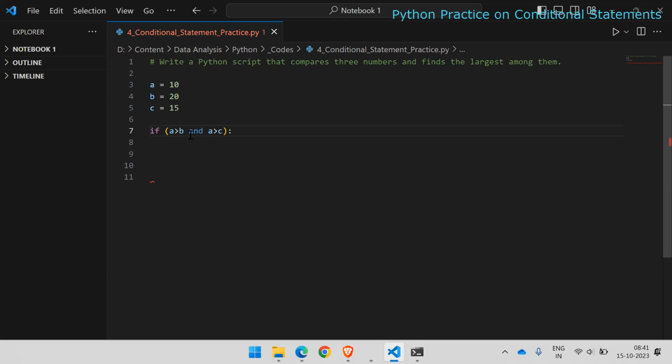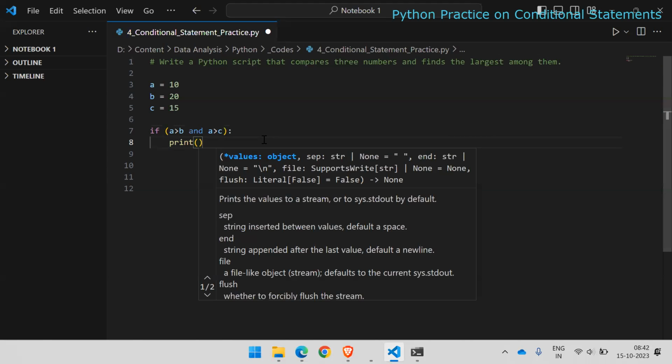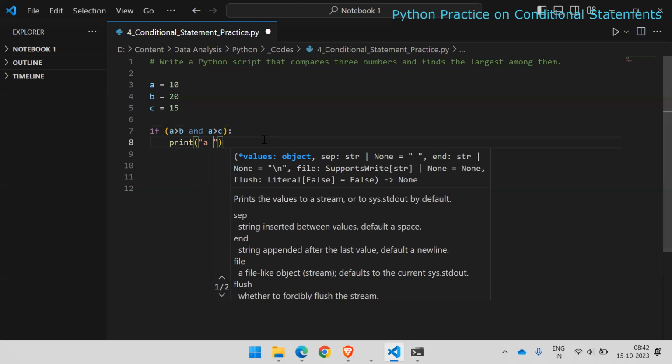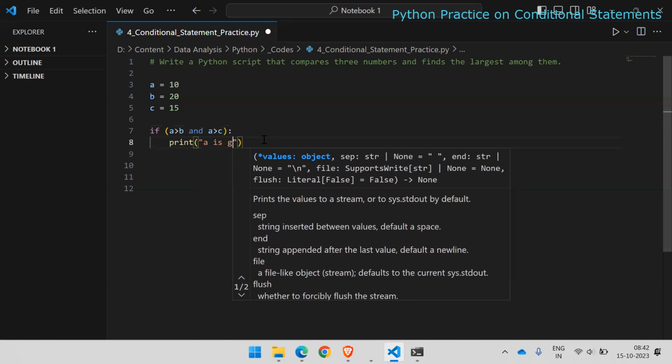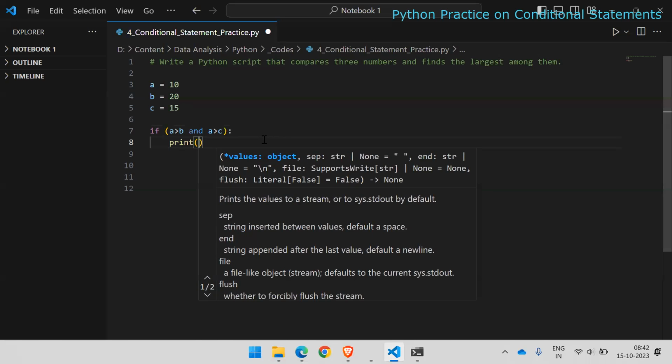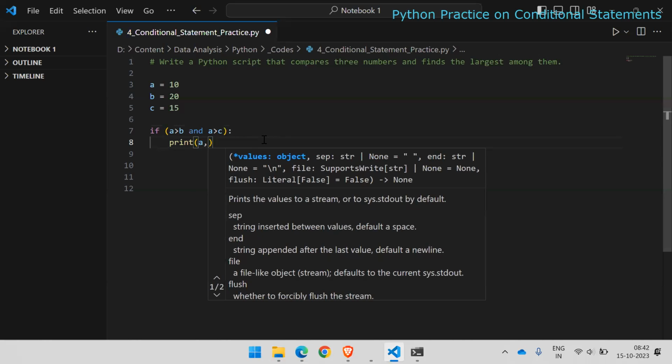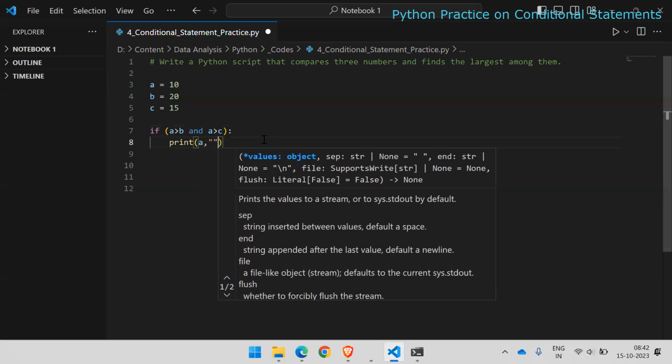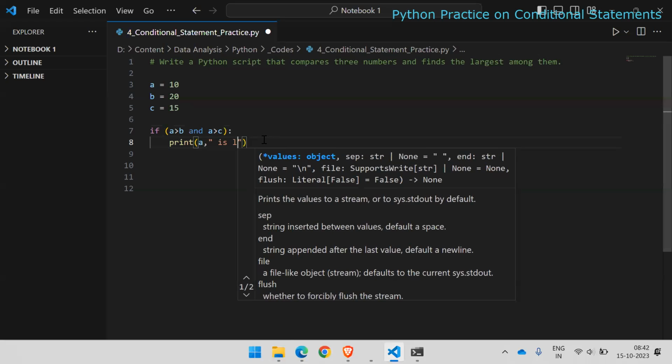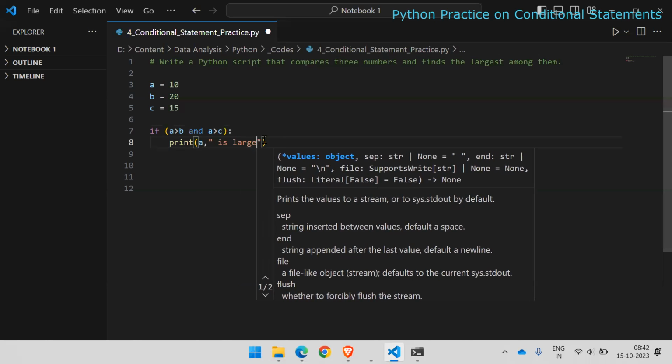So if A is greater than B, and if A is greater than C, I will print A, using A as a variable, I'm going to print the value of that, and then I will say is largest